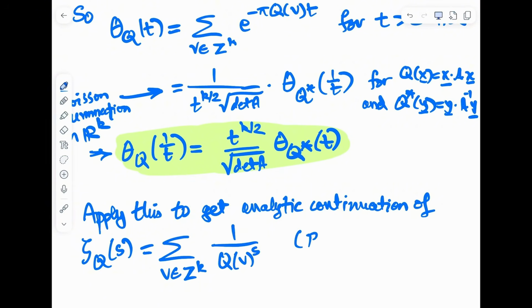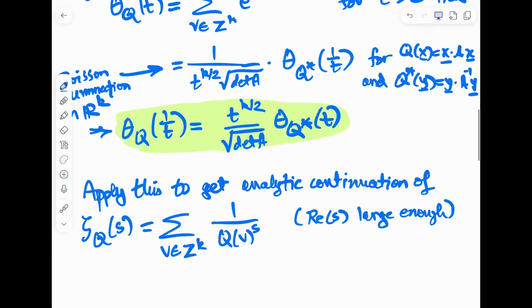So this is for the real part of s, let's just say large enough. Okay, I don't want to be fussy today about how far out you have to go. I mean, it should be for the real part of s bigger than k over 2, but let's not worry about that detail right now. So there's your zeta function of the quadratic form. I want to get an analytic continuation of this to all of C. It initially only converges on the right half plane,